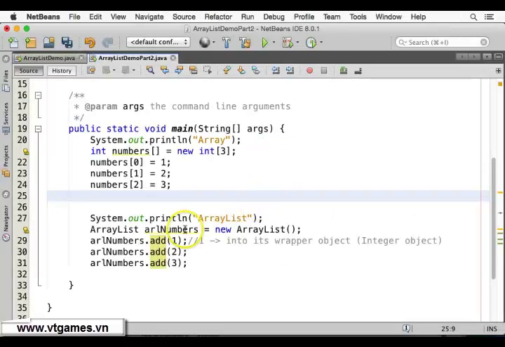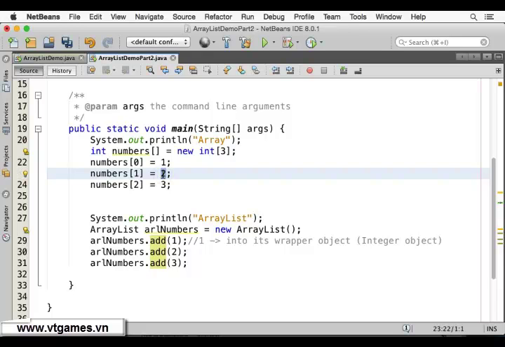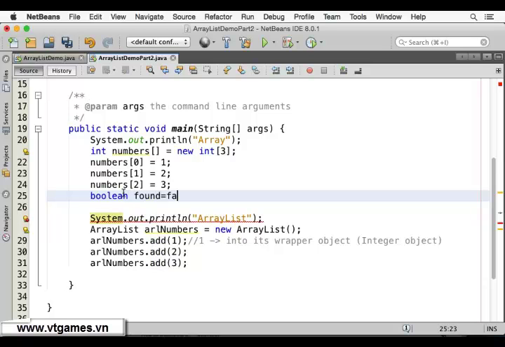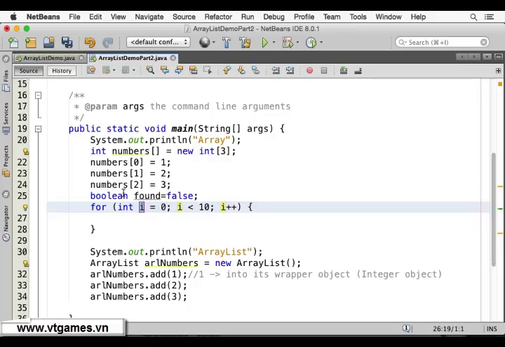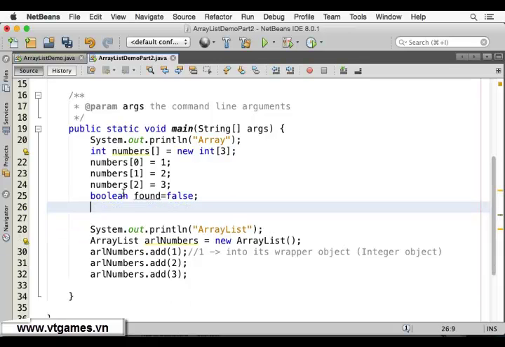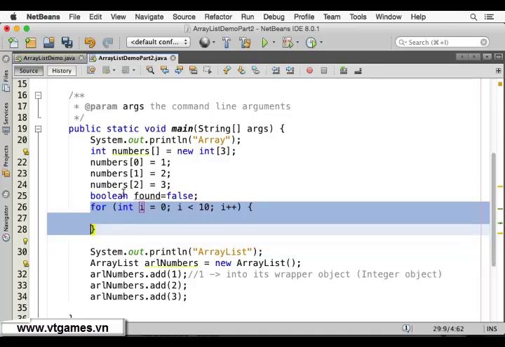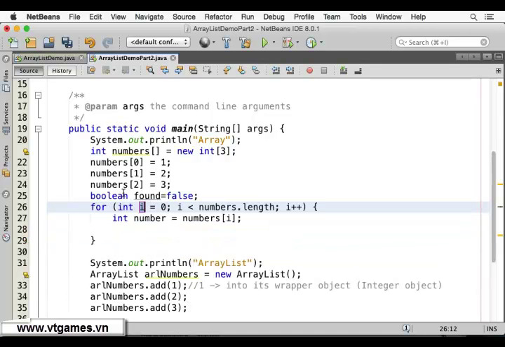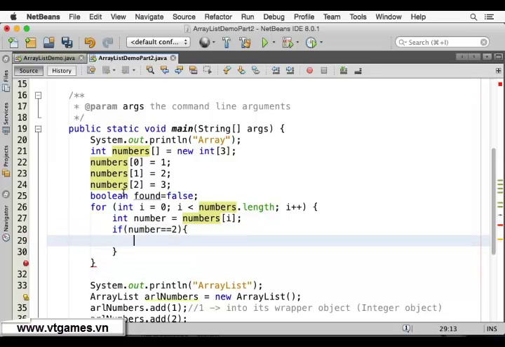this one. Let's say you're looking for the index of object number 2, if it does exist. You're going to first have to declare boolean found equal to false by default, and you're going to make a for loop to loop through each element of the numbers. And if numbers equal to 2, if number is equal to 2, you're going to